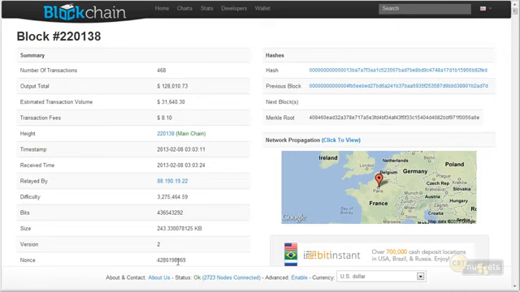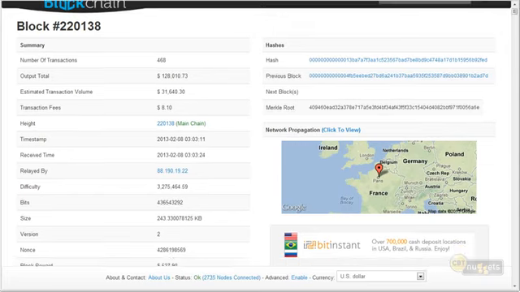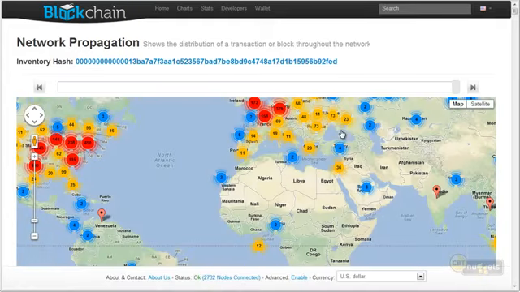So if we were doing that manually, where we started with 0, 1, 2, that would have taken a long time to get to that many digits. I mean, if I look at that, I think that's like 4.2 trillion. That would be a lot of tries. And hopefully we had a very fast computer that could do it a lot faster than we were trying to do it manually. If we want to get kind of like a bird's eye view of who worked on this block, we can click right here under network propagation. I think you'll like this. It's going to go ahead and show us a distribution of that block through the network of everybody who is involved in working on it. And if we click on these, we can even drill down further and get more details.